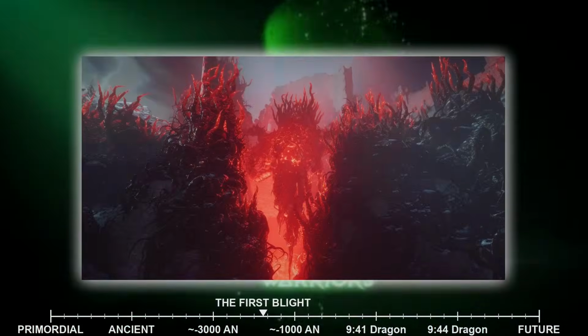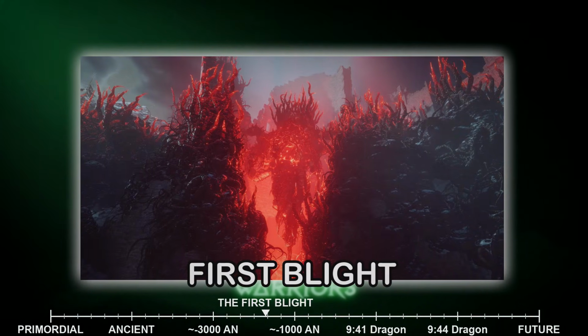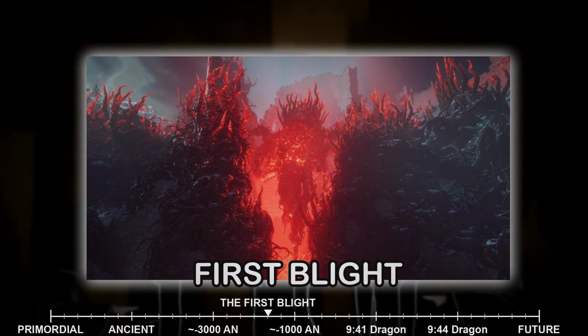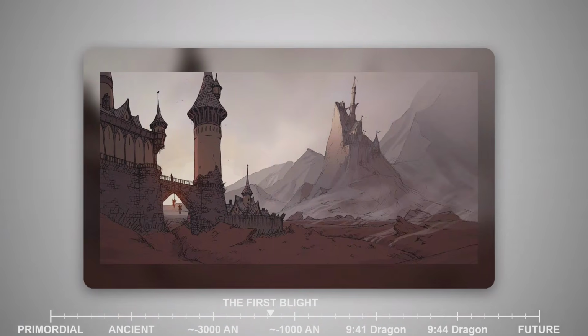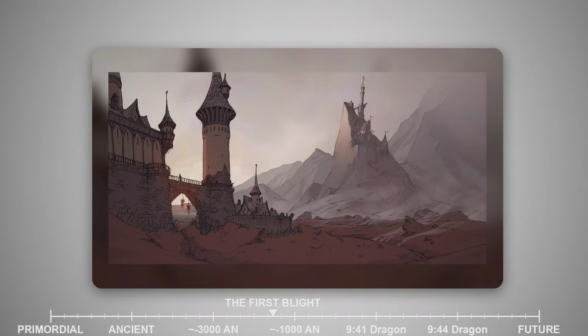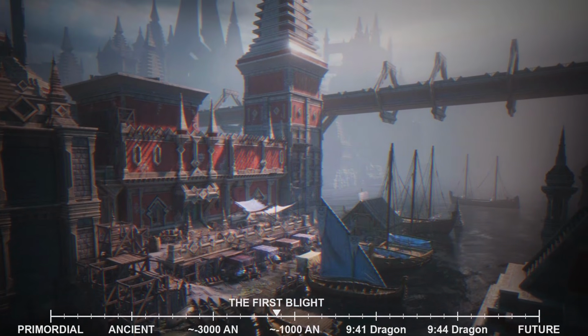With the defeat and death of Archdemon Dumat, the First Blight finally came to an end. The Darkspawn, leaderless and disoriented, scattered into the deep roads, their organized threat temporarily neutralized. The immediate danger had passed, and a collective sigh of relief swept across Thedas. However, the victory was bittersweet. The world was scarred, its lands ravaged, its populations decimated. Entire cities lay in ruins, and the memory of the Blight would forever haunt the survivors.